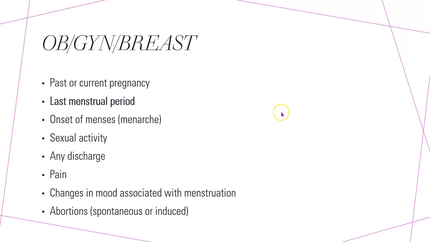For females, last menstrual period. If they're of childbearing age, definitely you need to know this. Any sexual activity, any changes in mood associated with menstruation, any past or current pregnancies,